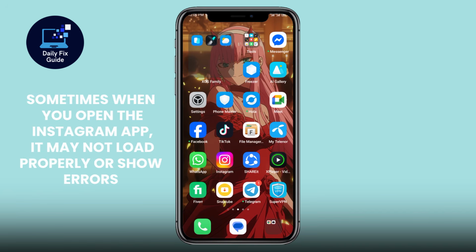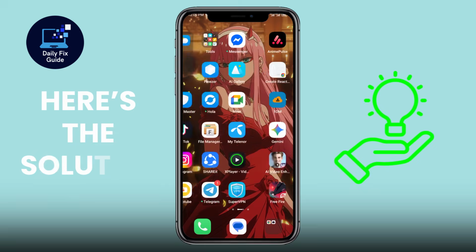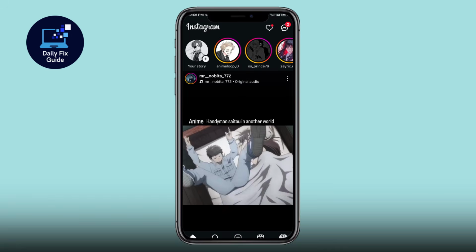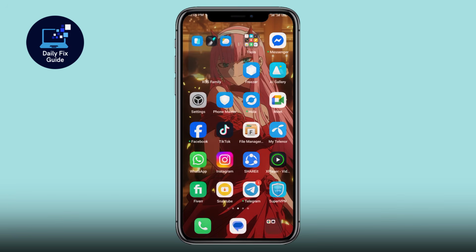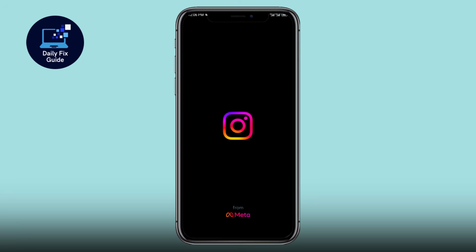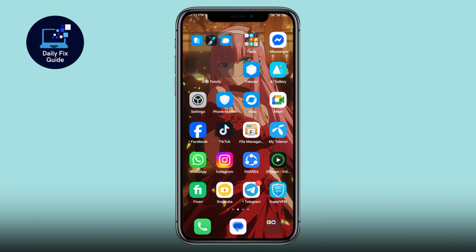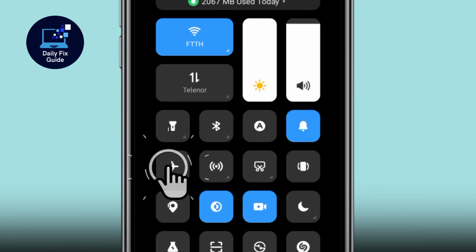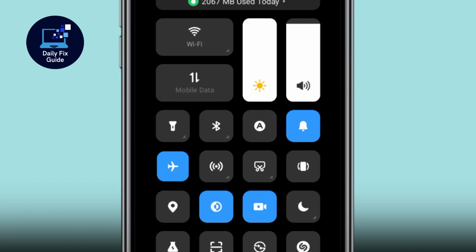Sometimes when you open the Instagram app, it may not load properly or show errors. Here's the solution. First, close the app completely and then reopen it to see if that solves the issue. If not, turn on airplane mode for a few seconds and then turn it back off to refresh your internet